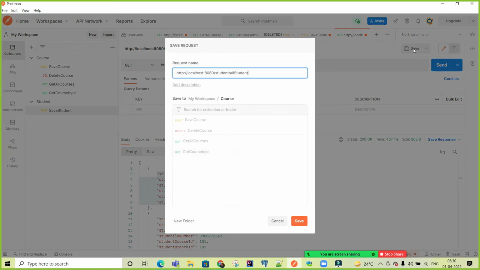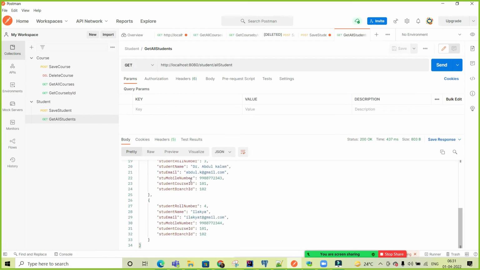I'm saving this one inside my workspace, students. The request name is get all students. This is basically for future purposes. I will hit directly from here, since I know the URL and what data is coming.